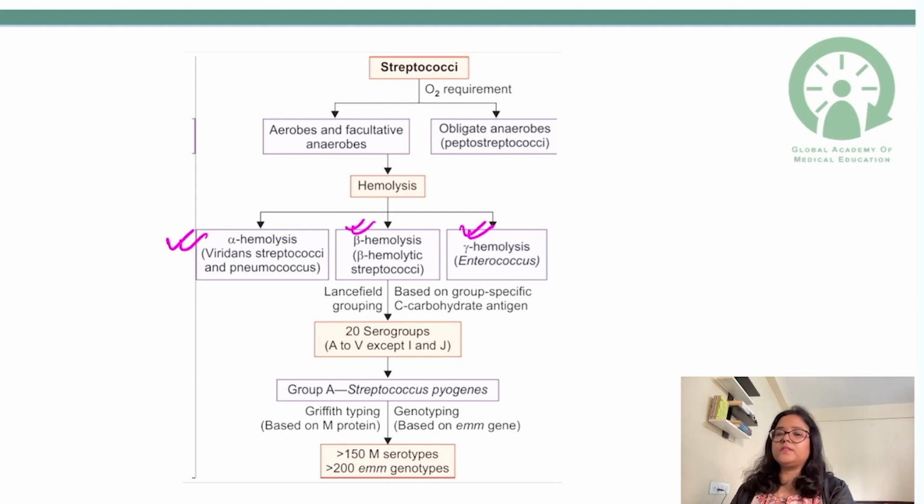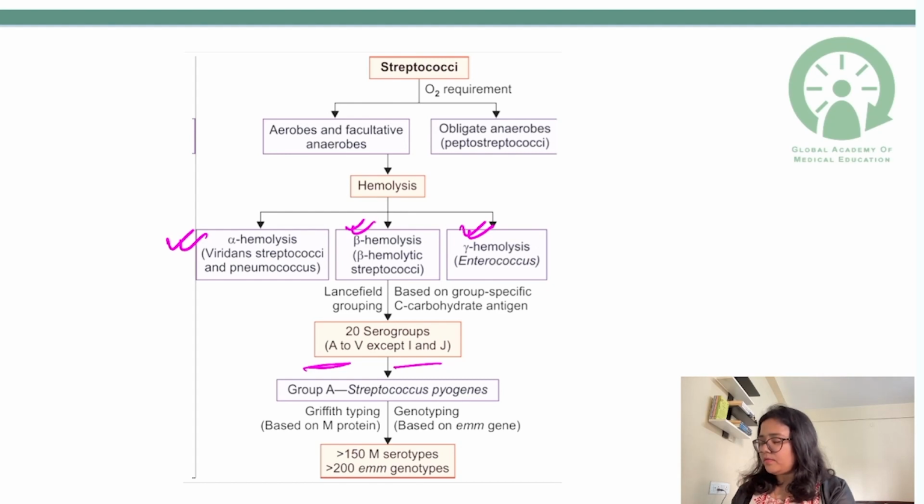Gamma hemolysis is mostly shown by the Enterococcus group, and beta hemolytic streptococci are further classified by Lancefield on the basis of C carbohydrate antigen into 20 serogroups, which is A to V except I and J. Then again we have the Griffith typing, which is based on M